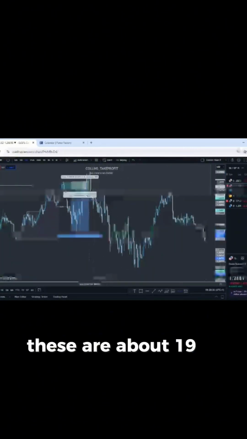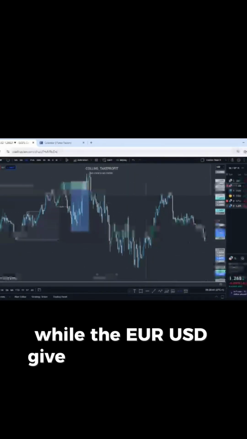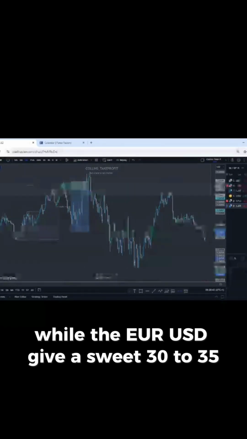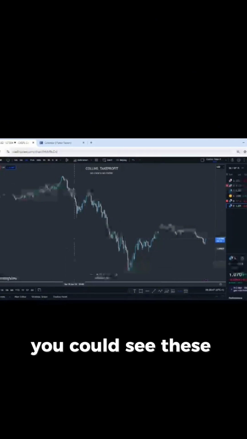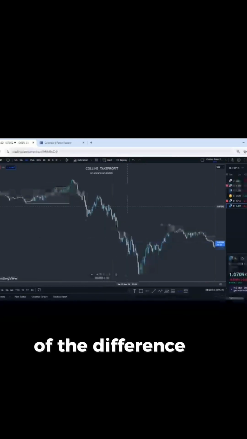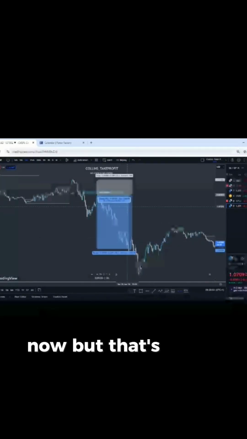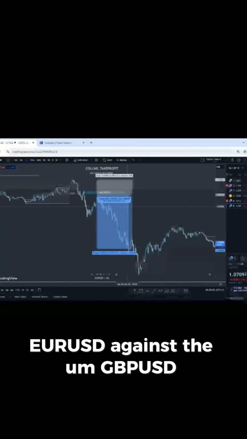These are about 18 to 19 pips, while the EUR/USD gave a sweet 30 to 35 pips without any struggle. You could see the sweet sell-off without any struggle, and this is because of the difference in the interest rate. That's why I went for the EUR/USD against the GBP/USD, because I know fully well that